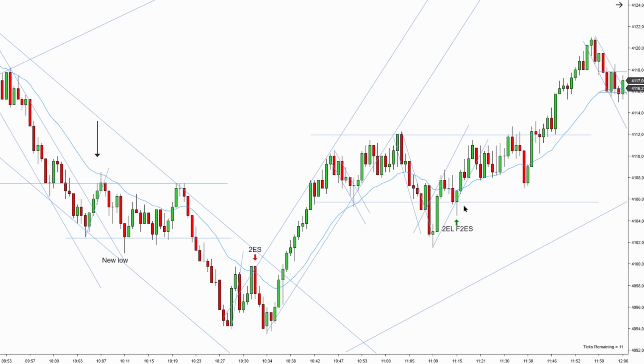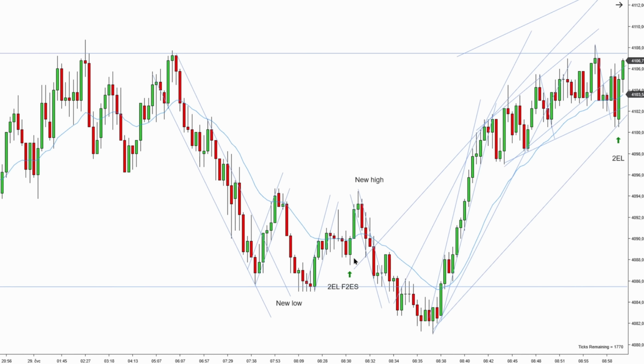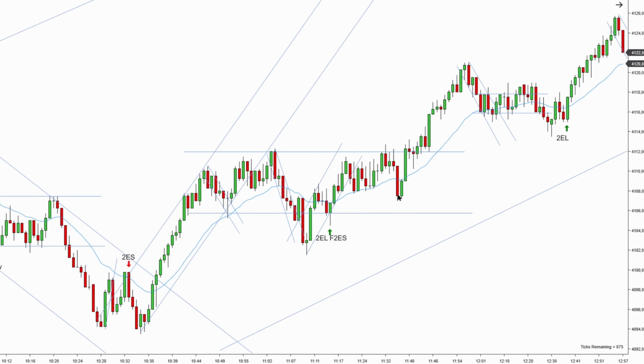This is a high probability setup because it's two setups in one, very similar to this first setup that was right at the open: new low, first entry short, pullback, second entry short, a new high, first entry long, pullback, second entry long after the downtrend played out with the break and new low, following the price action rule. And from that point on, you can see that there was a little trading range and prices kept slowly working